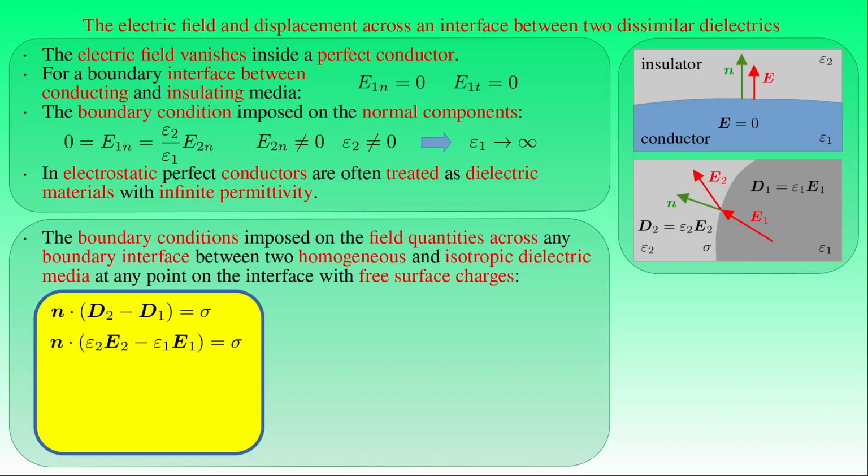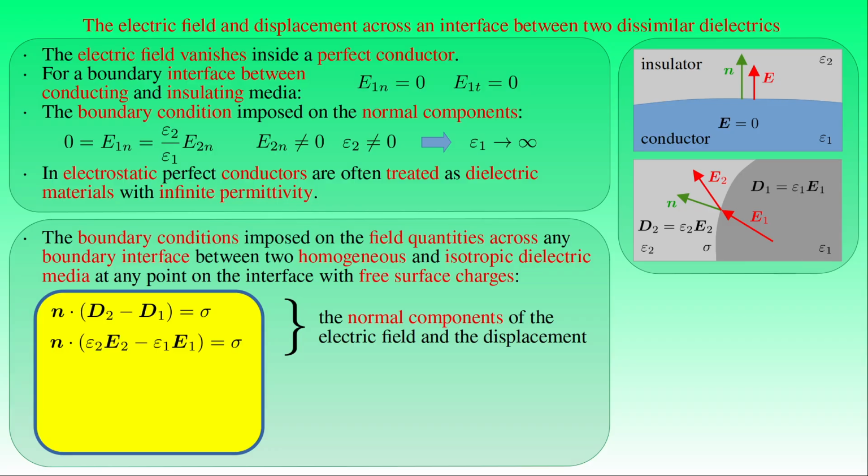the absolute permittivities epsilon 1 and epsilon 2 of the two dielectric materials and the field strengths E1 and E2 in them. This condition shows that the electric field always has a discontinuity in the normal direction with respect to the boundary interface, even if the surface density sigma of free charges vanishes over the interface. The discontinuity is determined by the dielectric constants of the two media, and the surface charge density sigma if free charges are present. Both of these equations impose constraints only on the normal components of the electric field strength and